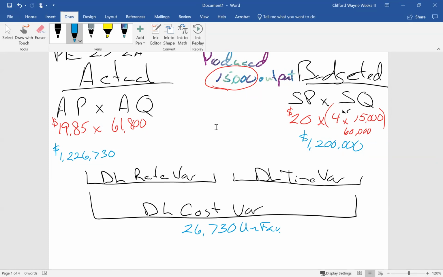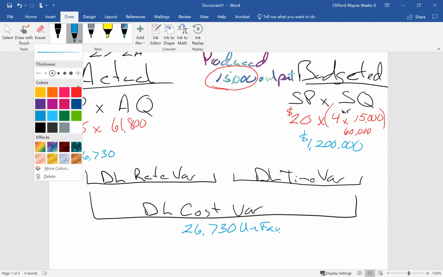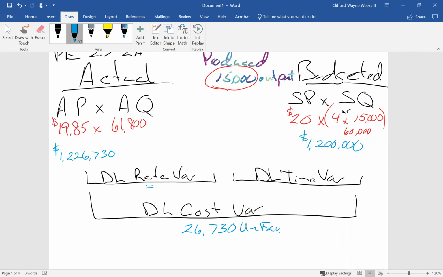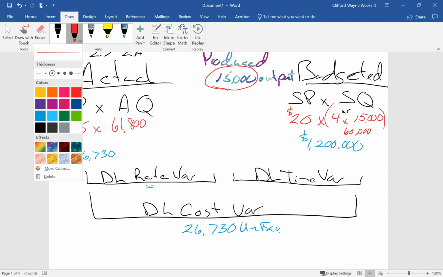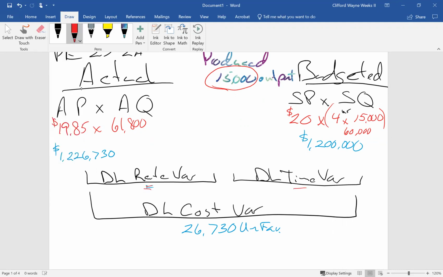So why are we unfavorable? Is it because of the rate or because of our efficiency? As I said earlier, I want to explain these two things to you here. We have the rate variance and this time variance. This textbook is really the only time I've ever seen them referred to as a rate variance and a time variance. Outside of this textbook, this is usually called a